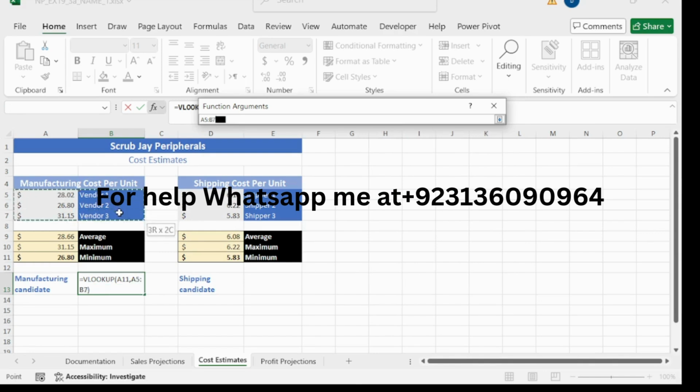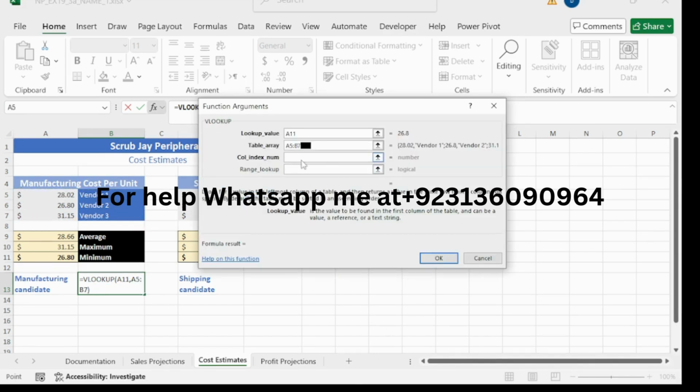And our column index is 2 and specify an exact match. For exact match we need to here enter false. False for exact match and click OK.